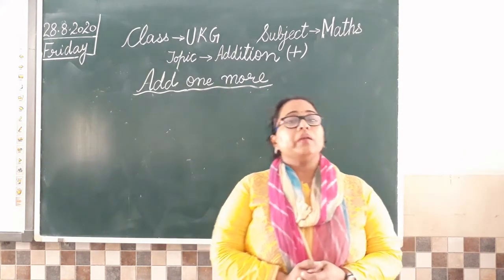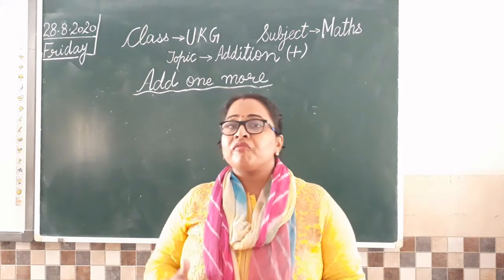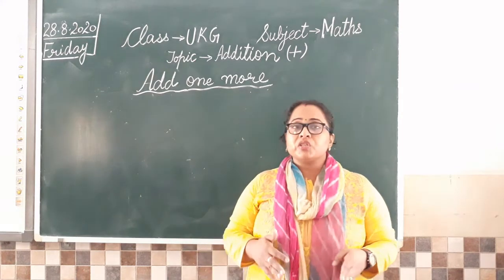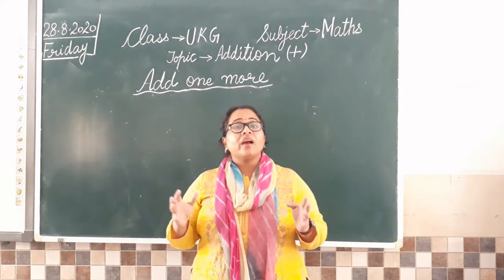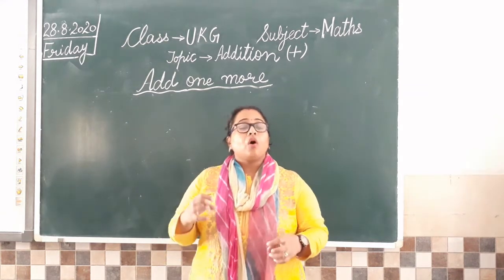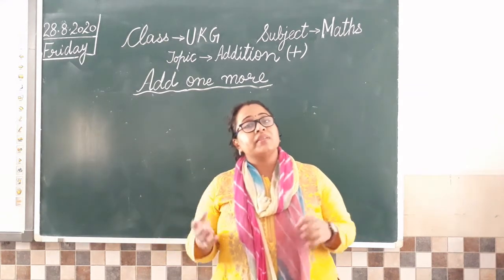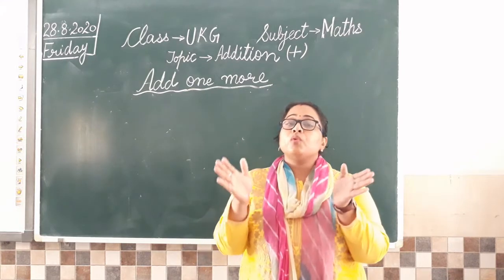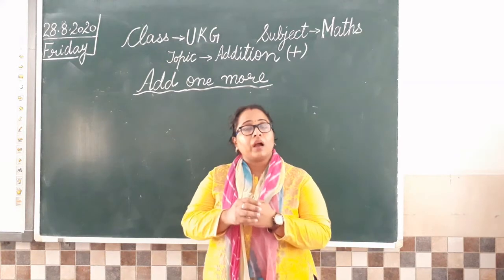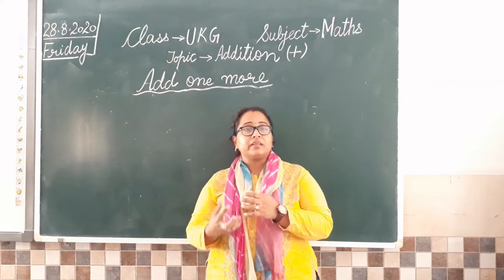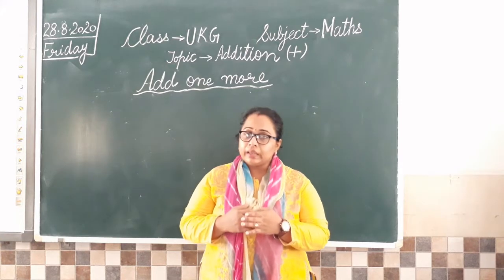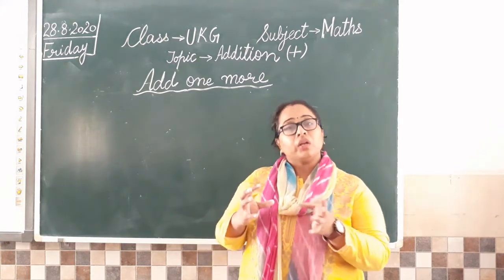Clear? So in maths, we were doing the topic of addition. What is the meaning of addition? Addition means when we are adding two groups of objects together. Or we can say when two given numbers are added together, जब हम उनको टोटल करते हैं, उन नंबर्स को आपस में इकट्ठा करके काउंट करते हैं, तो जो हमारा आंसर आता है, that is the sum of the given digits. Clear? वो जो दो डिजिट्स दिए होते हैं उनका टोटल होता है.